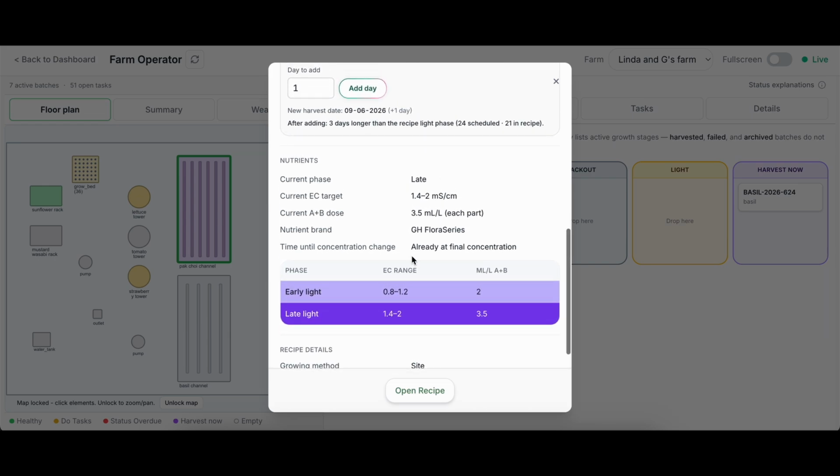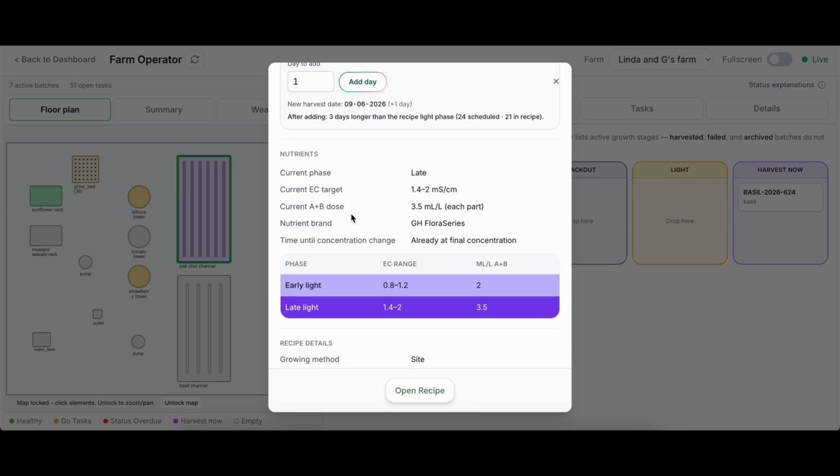For site recipes, the nutrient section shows current phase, EC target, A and B dose, brand, time until the next concentration change, and a small table of early versus late targets. Open recipe jumps to that grow program in the manager, useful when you need to double check targets without leaving